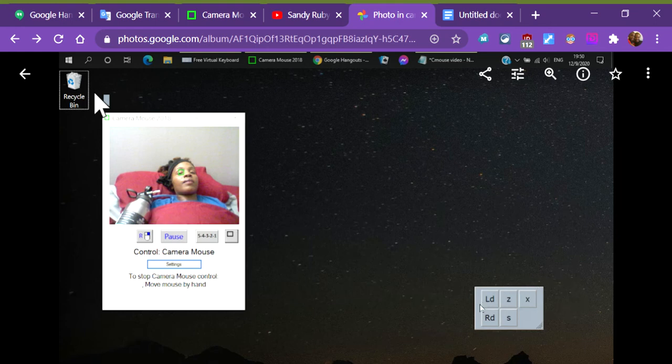I only use the left drag, and basically if I need to drag something, like if I need to put a signature, an online signature for something, and they usually have those screens where you need to drag and put your signature, that's what I usually use this for. Or if I'm in the middle of a game, like